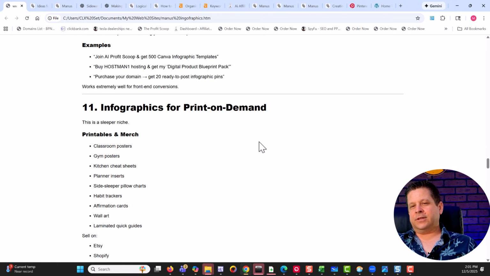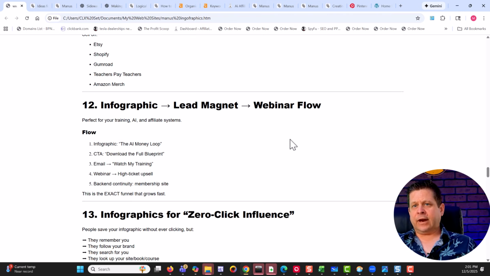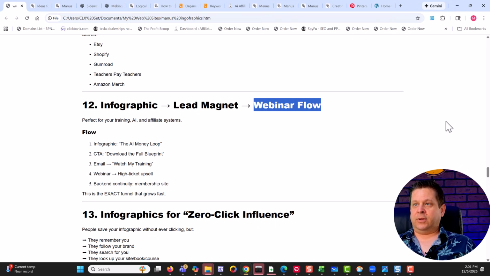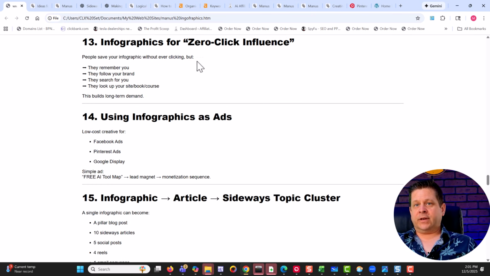You could probably do this with Bible verses or motivational stuff. Infographic for lead magnet, send them to a webinar. You can do a webinar where it just explains whatever you're doing and then back end them into a product. Infographics for zero-click influence. This is why I put the URL on the bottom of the infographic so that